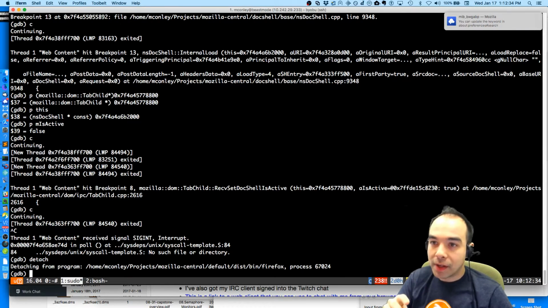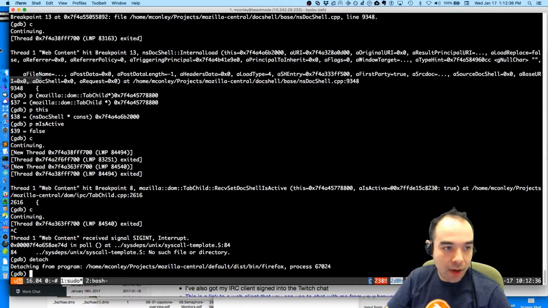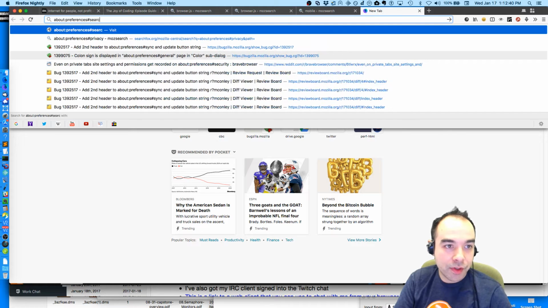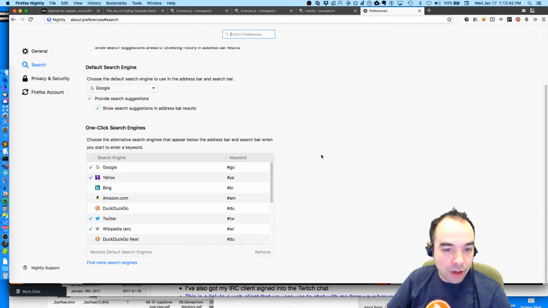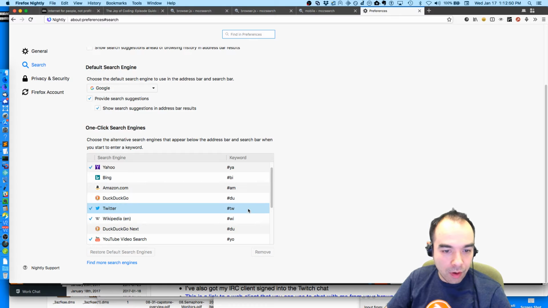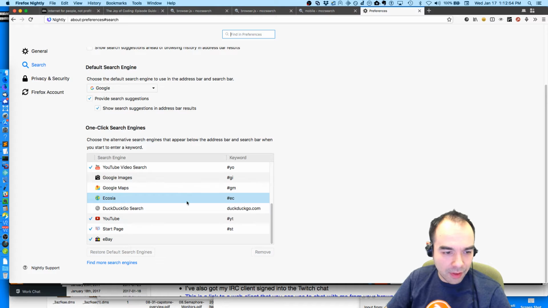Oh, apparently I can update the keyword in about:preferences#search. So if I go to about:preferences#search, yeah, I can add a keyword here. Interesting. It looks like I've already got some for YT, YO. I had one for DuckDuckGo, DU, but for some reason I had DuckDuckGo turned off there.